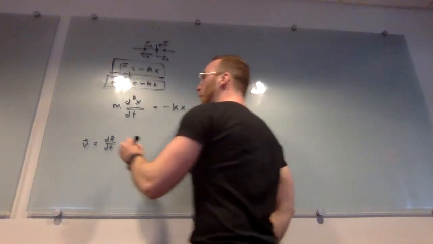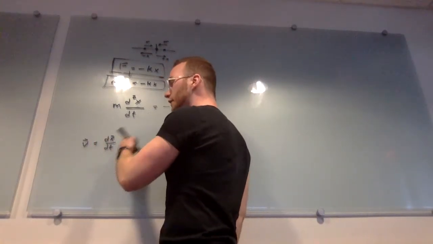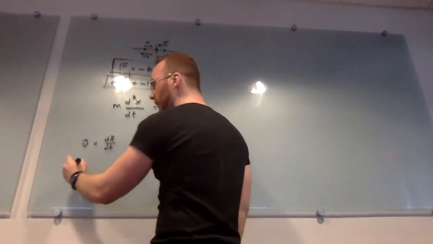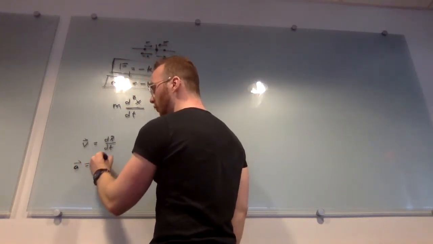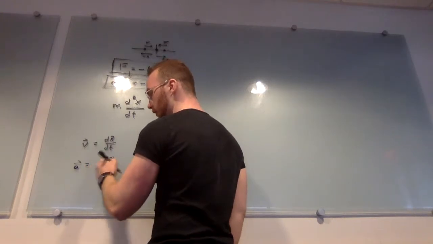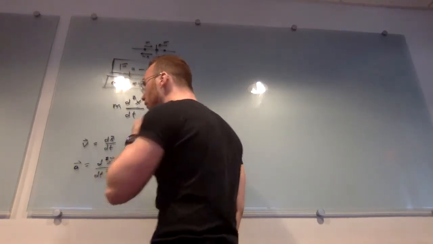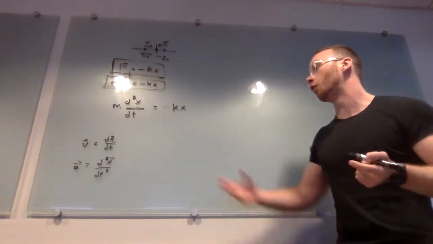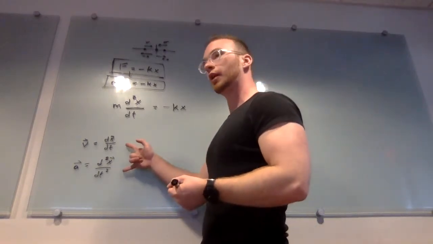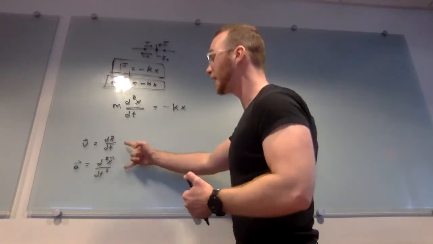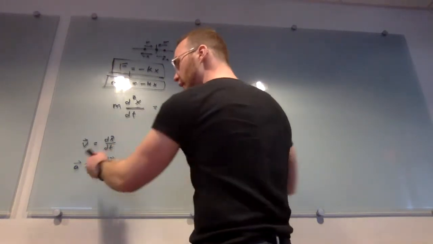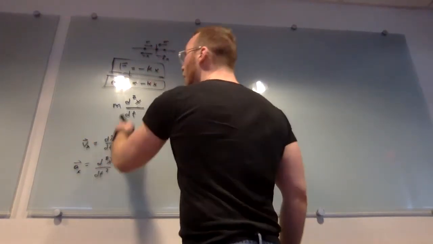Anyway, V is dx/dt. This is literally a definition; it isn't a deep statement. And the definition of A is dV/dt, which is just the second derivative of x, d²x/dt². So these are not results, just definitions. So using the definition of A, of course all in the x direction,